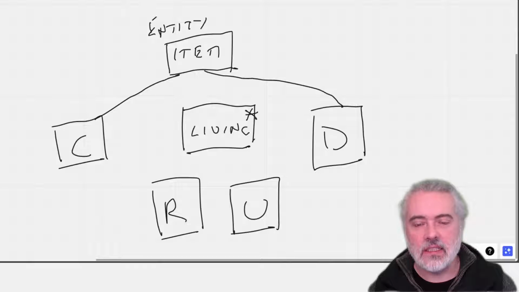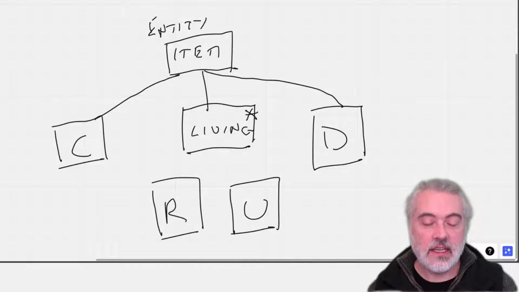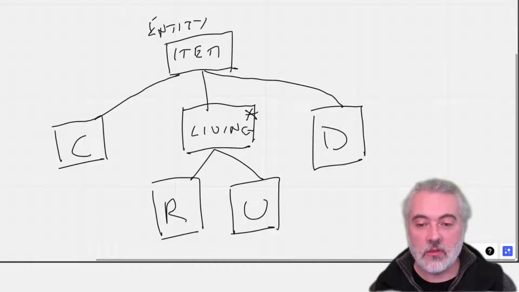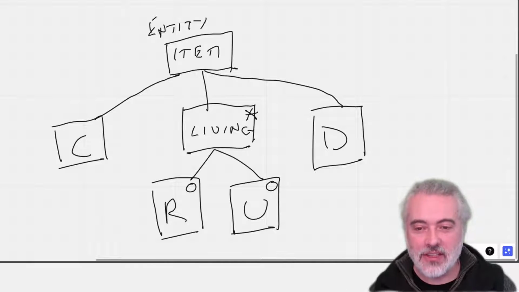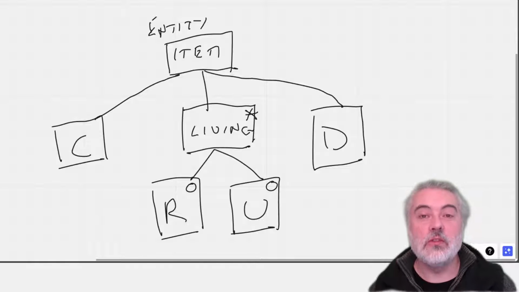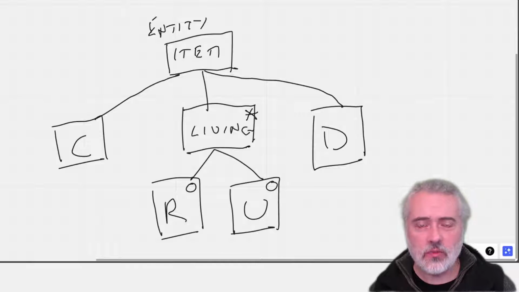So a model like this gives us a chance to explore state. I can see that there is a dependency in the state. In order to read something, I have to create it. In order to update it, I must have created it. In order to delete it, I must have created it. I don't necessarily need to have read or updated something before I delete it. So this asterisk here just means 0 to many actions. I can do this many times, or I can choose not to do it at all, but I can't delete unless I've created. So you can see the scope for testing in here,